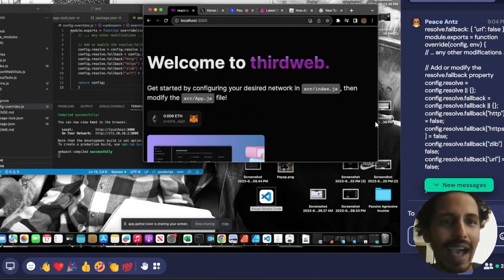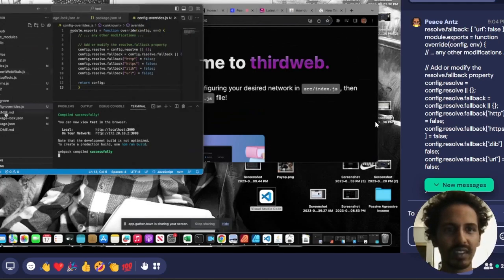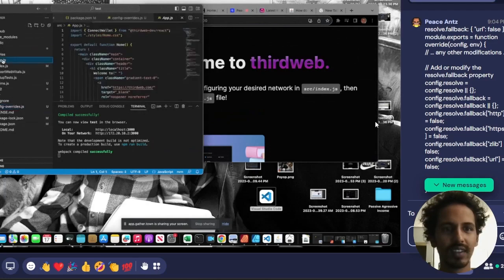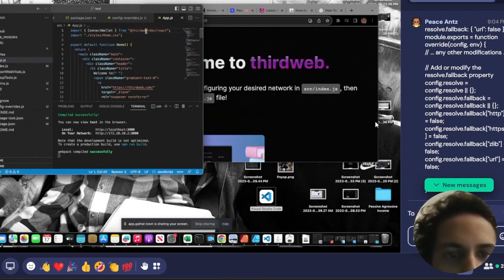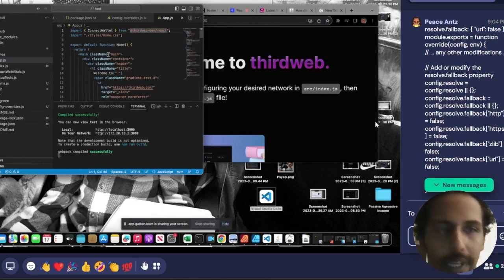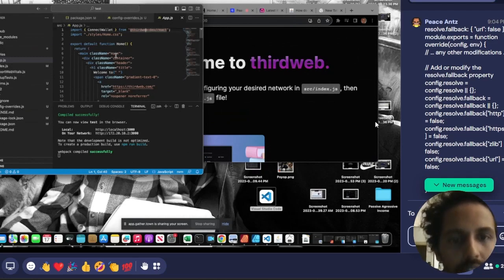So let's go into app.js. Awesome. And then let's see here. Okay, right there we can see H1 className. H1 is like the heading one. className is the title. That tells it how to make it look, how to format the words. And it says welcome to, then span className gradient text. So href is going to be the link that text is going to connect to. Scroll down a little bit. Target blank.